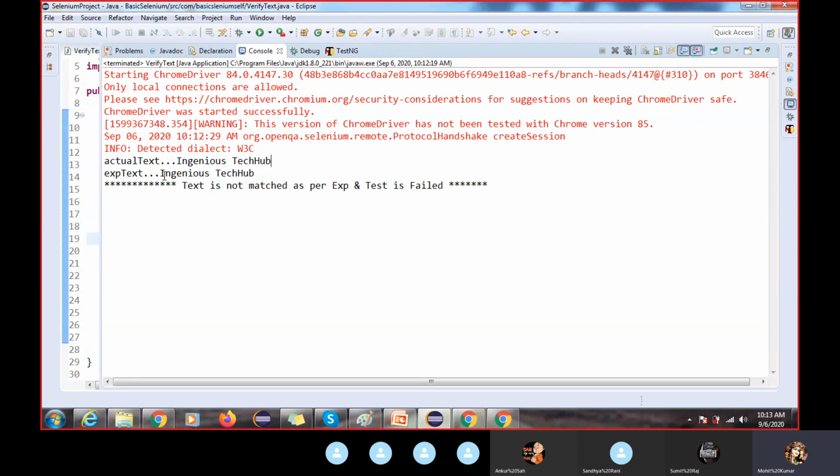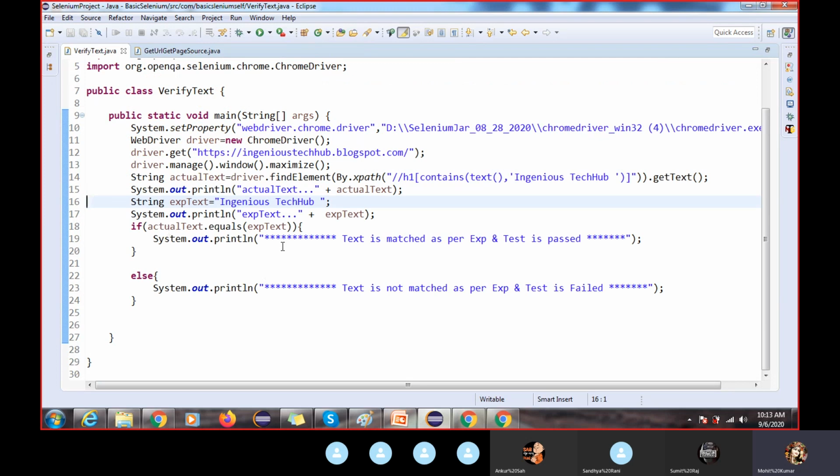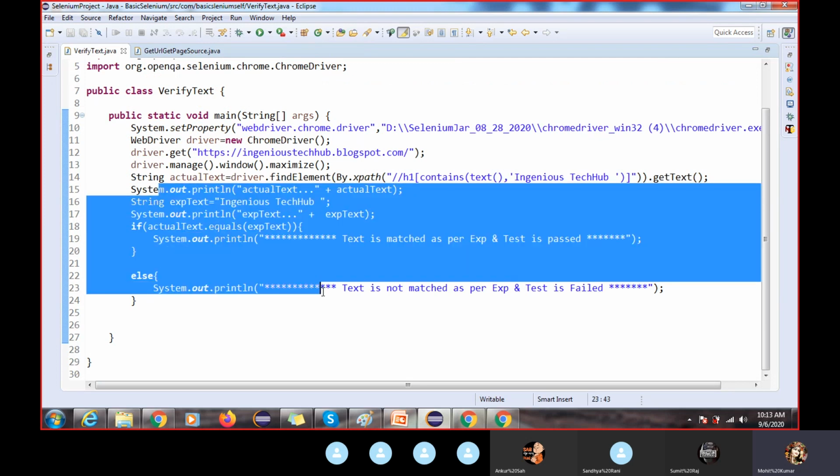The text is the same, or we can say there might be some bug, right? Because we can see both texts are the same. Even though I pasted the same thing over there, the text is not matched as per expected and the test is failed. Why is this test going to fail?